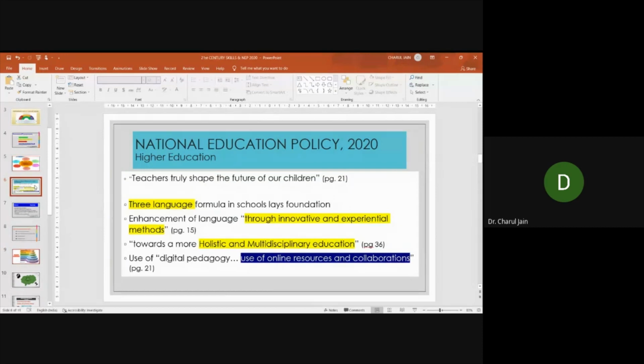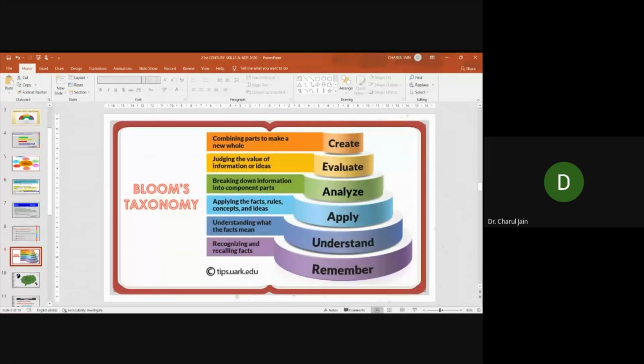I go to national education policy and you see that innovative and experiential methods, holistic and multidisciplinary education, and online resources, all these are in tune with what Bloom and Anderson have told us, that these are the objectives of